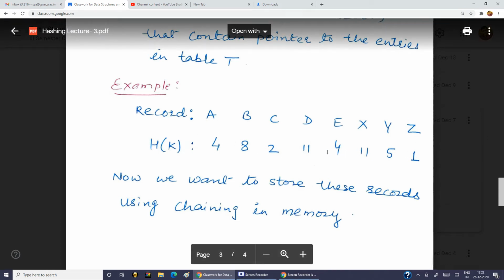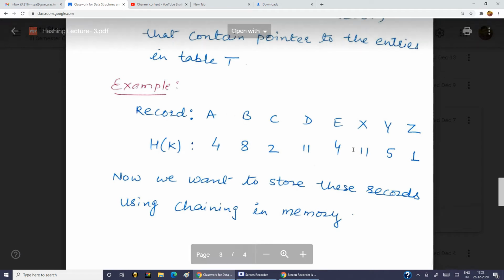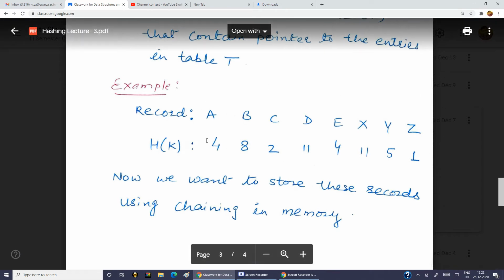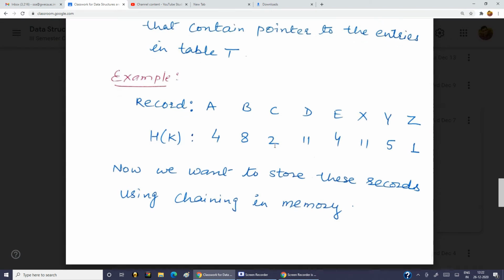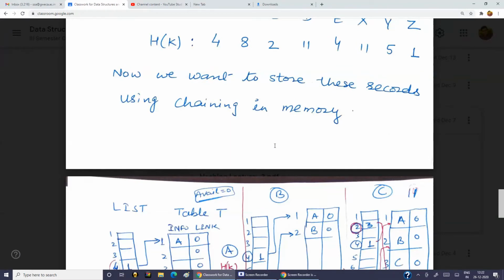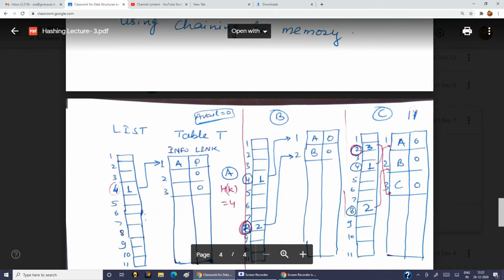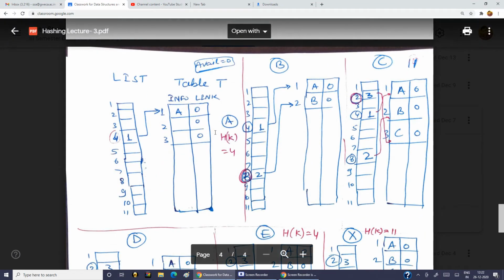So I want to store these records. This is a complete file F, and it has 8 records in it. How to store that? Let us see in memory. We will take two tables in memory, one is table T and one is table list. So see, this is our list and this is table T.